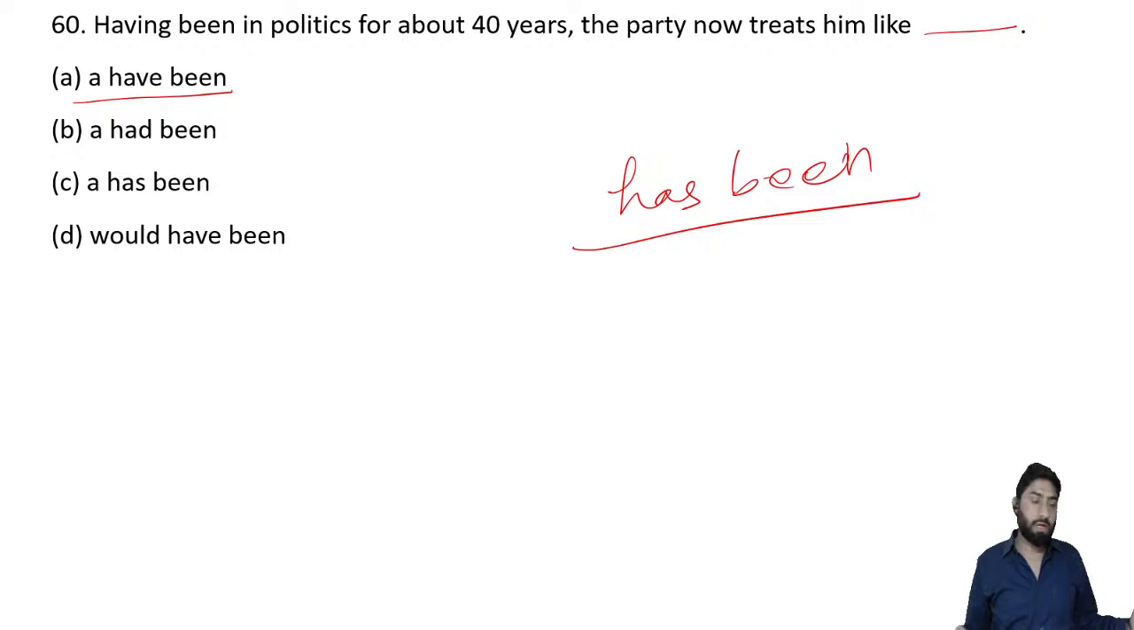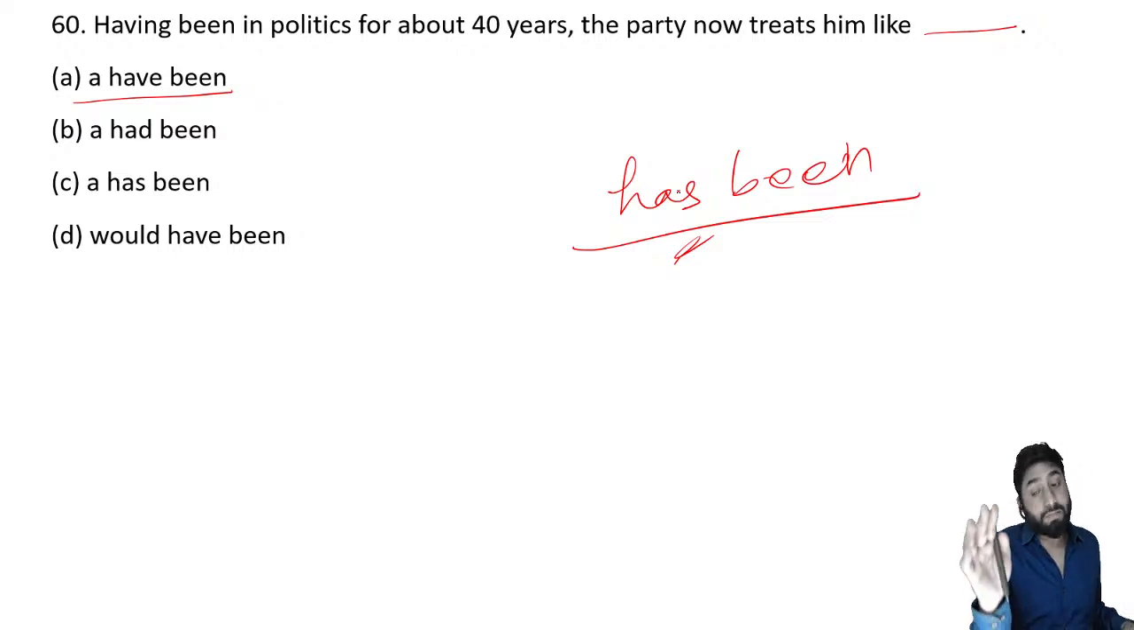shot. He's not now counted in that league. जो कि पहले he was something, but now he's not in that league. That kind of thing. That's what the has been means here. तो इस तरह से noun वाले sense में use होता है. So having been in politics for about 40 years, the party now treats him like a has been, like a